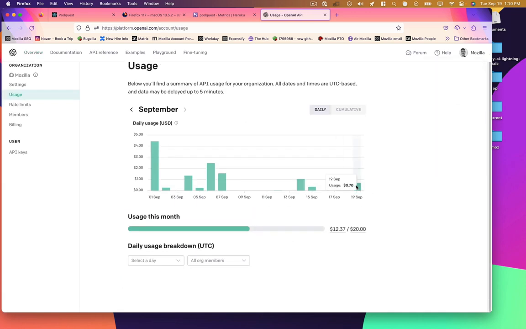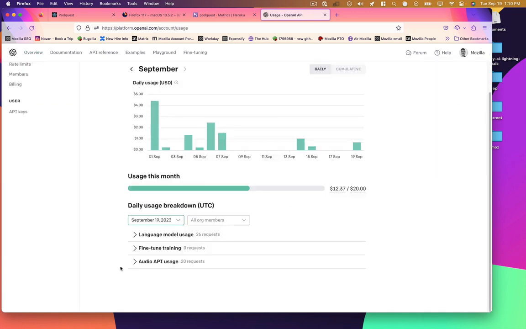Here's OpenAI usage, and here is today. Now, I did run an initial session before I recorded this, so that will probably be reflected here. But you can see we've got both language model usage and audio API usage. We don't have any fine-tune training. We're not fine-tuning a model. We're, as I mentioned, using embeddings. So that will actually be a much more efficient use of resources. You can see for the entire month, I've spent about $12, and this day has only been about 70 cents